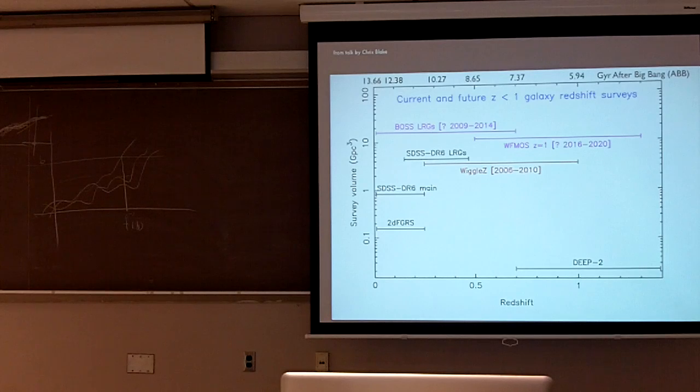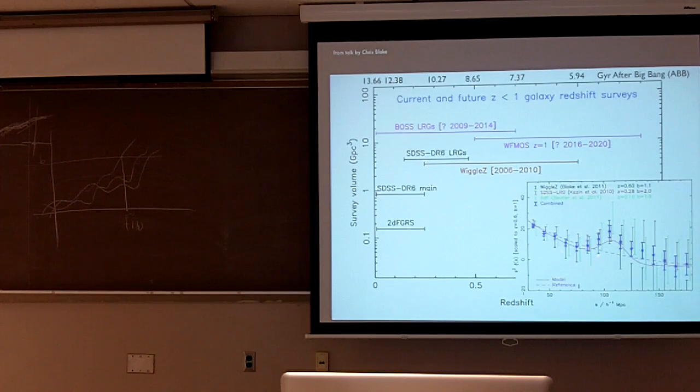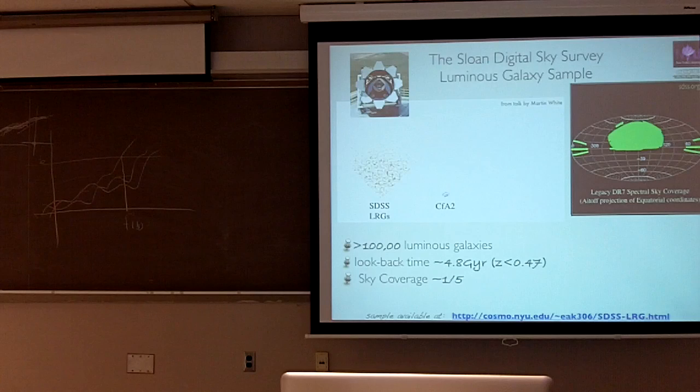There's an initiative in Australia called the WiggleZ, and they recently reported a measurement. And I'll show you my measurements just about up here, a slightly larger volume, and I'll show you predictions of what we should be expecting by 2014 from the next phase of the SDSS, a project called BOSS. So just to show you other independent measurements by the WiggleZ group and another Australian initiative, the 6dF, they all show a similar signature exactly where we expect it to be. So we have measured it, and we just have to bash down the statistics by getting larger and larger volumes.